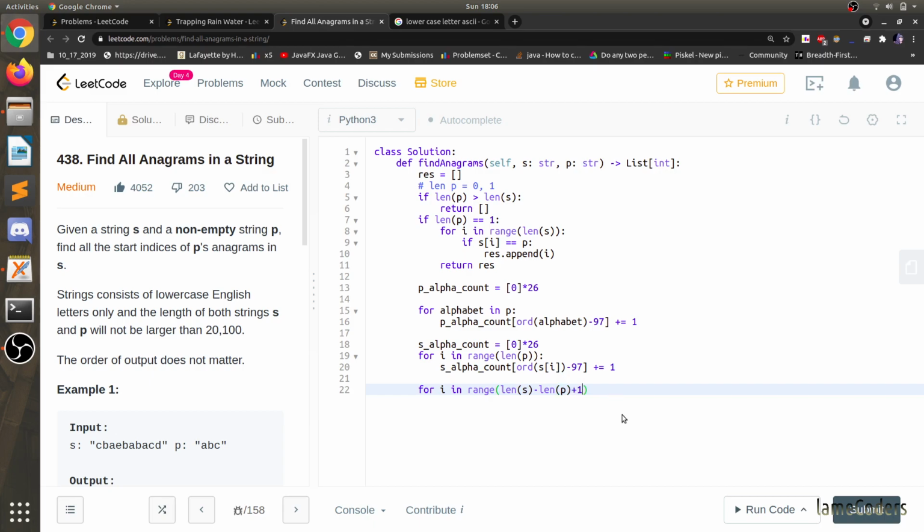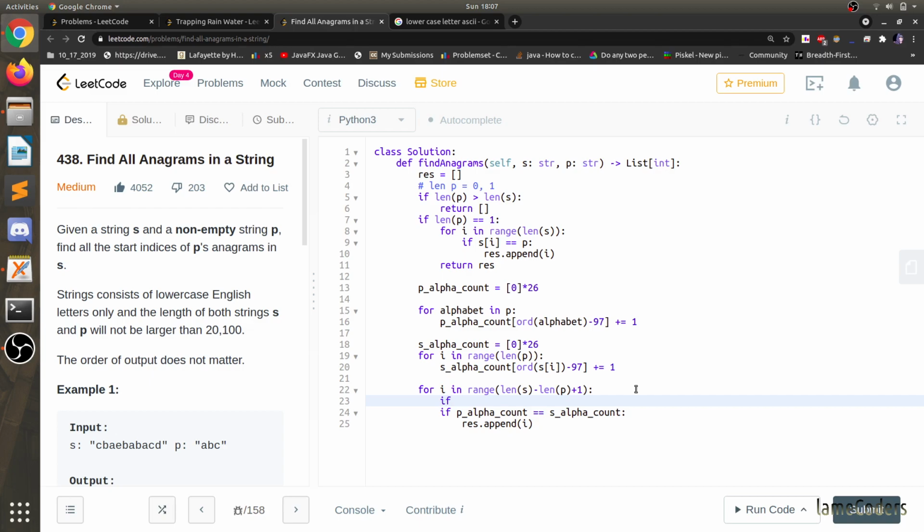So we will traverse till that place, and if p alpha count, let's copy paste it, if p alpha count is same as S alpha count, then result dot append I. So this will be the condition when I is equal to 0.